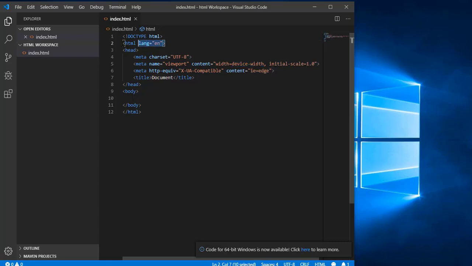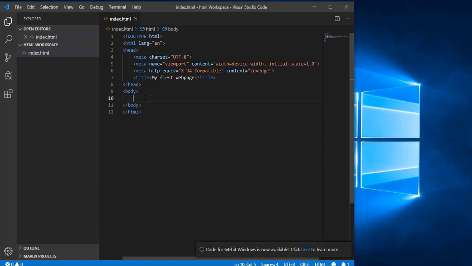You can see the HTML is here, the doc type HTML, the head section which contains the non-visual elements, and here you can see the title. So we'll go ahead and change the title to my first web page. Okay, you can see the head tag has been closed, and the body which will contain the visual elements of